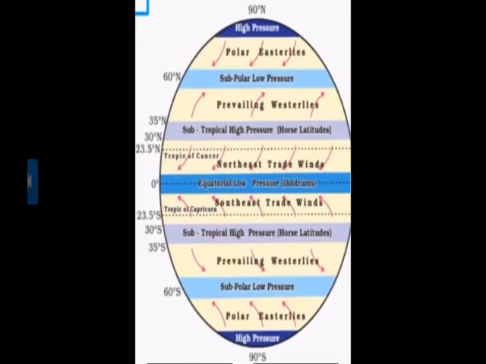Look at this figure. This figure completely describes this topic of pressure belts, the 7 layers of the pressure belts, and how the winds move forward from high pressure to low pressure. There are trade winds, planetary winds, which we will study little more. We know now that equatorial pressure is called doldrums, the subtropical high pressure is called horse latitude, and then there are polar easterlies and polar prevailing westerlies. So all these topics come under the pressure belt.